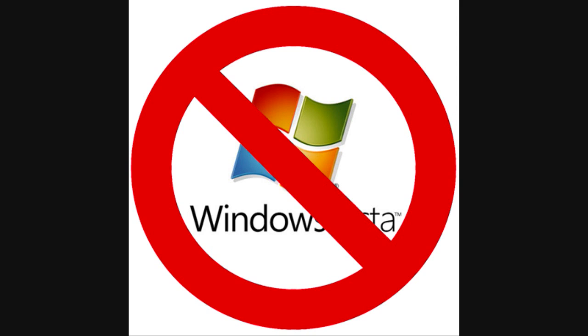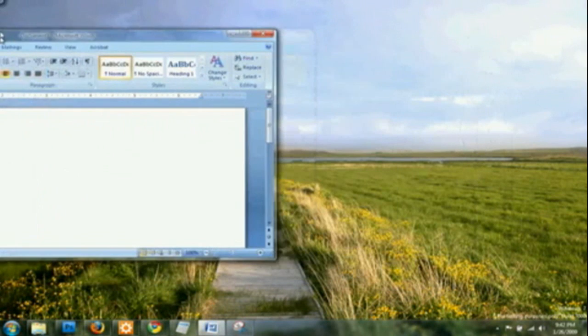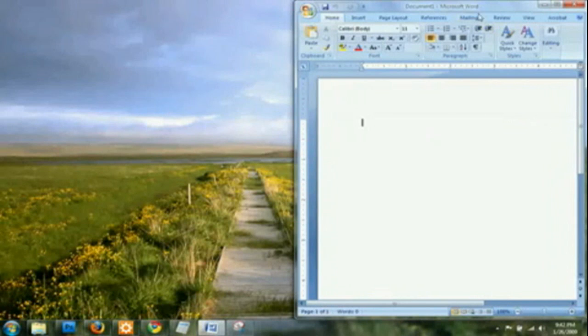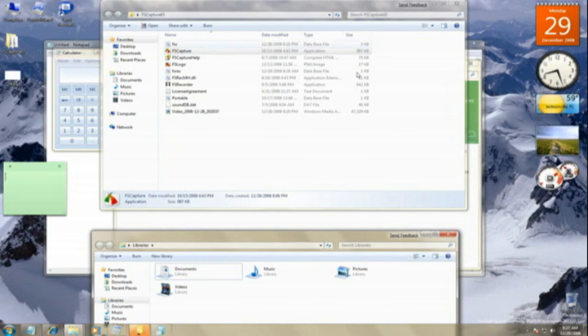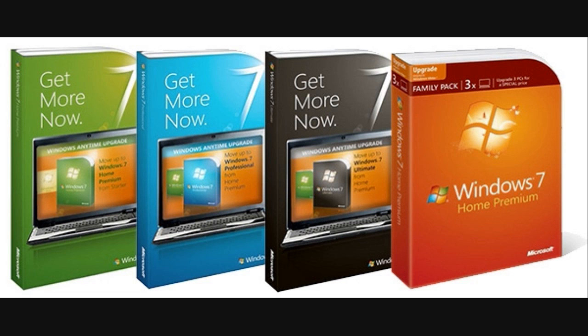And Windows 7 is supposed to provide some promising new features, such as Windows Aero Shake, the Windows auto tiling and auto maximizing features, the Windows 3D Flip, and Aero Peek, to name a few of the features of the new Windows 7 operating system. Windows 7 comes in a variety of different editions, and we'll start with the lowest one, the Windows 7